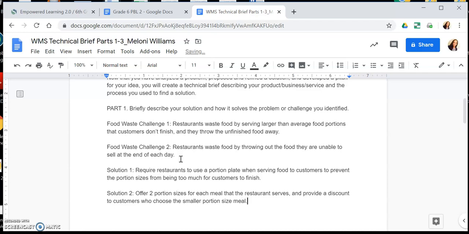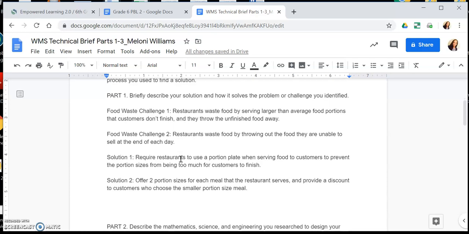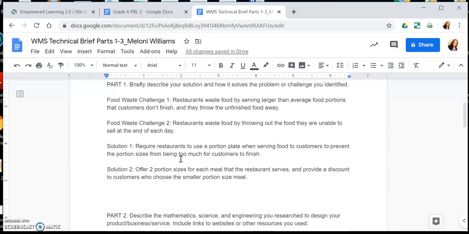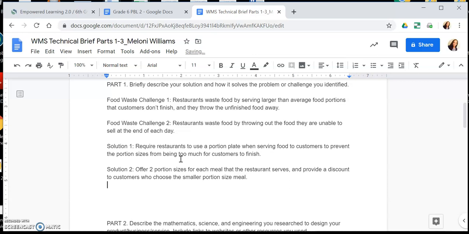Yeah. So this is like, I don't know if you remember when McDonald's had supersize me. You could pay extra to get a bigger meal. This is like the opposite of that idea. With this idea, you pay less to get a smaller portion meal. And so that's kind of the idea, right? A lot of people like to eat out, but they still like to save money. So this allows you to eat less when you eat out, and so you pay less for it, and you also don't waste food. And then solution number 3,